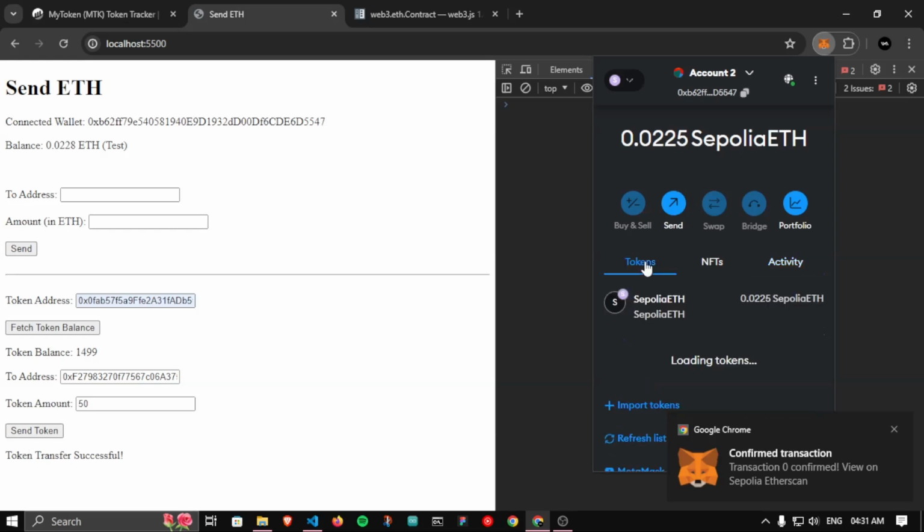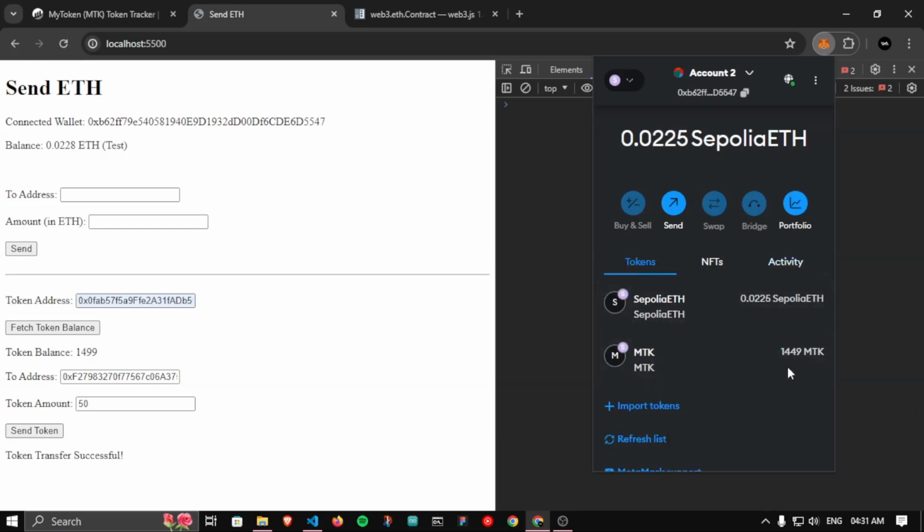And now if you check balance, it's still not updated. Why? I think it's updated. Actually, it's 1449. Originally we had 1499. So the 50 tokens are less now. Okay, and I'm not sure what the real amount is, but let's consider that this function executed successfully. Or you can simply check the